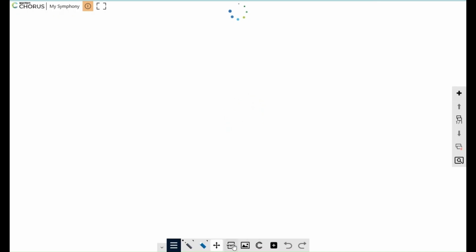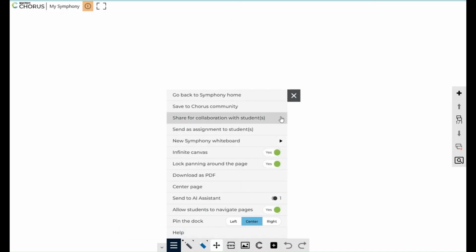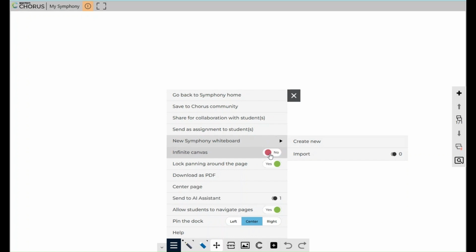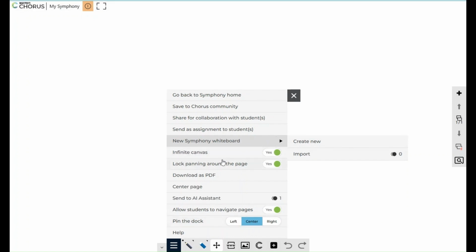Share for real-time collaboration with students, send as an assignment to students, create a new Symphony whiteboard or import another whiteboard file, enable or disable the infinite canvas, lock page panning, download the whiteboard as a PDF, center the page within the viewing window,